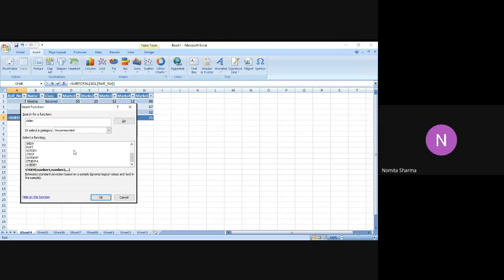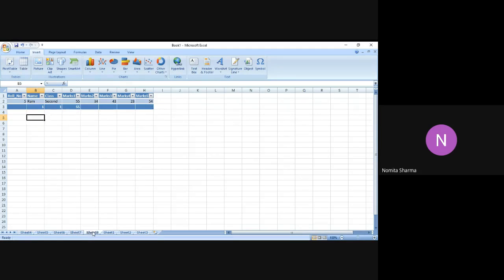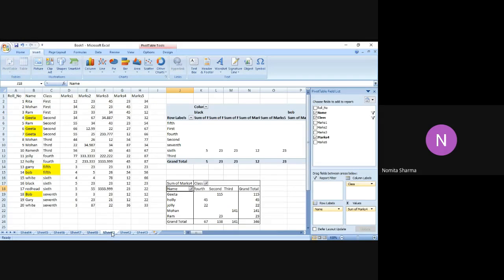Because there may be a situation where you want to work with very specific data. Further, after making the pivot table, then you can use this particular option. So I hope I was pretty clear today. And let me just go back to my original sheet where we have done a lot of things. So I go back to my sheet one. I made two pivot tables with different combinations.